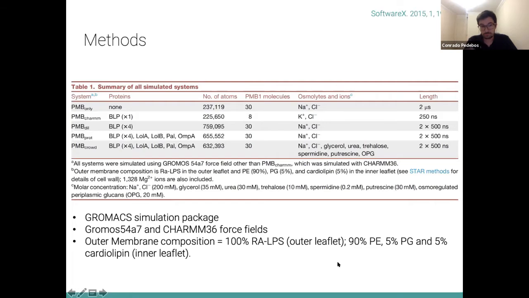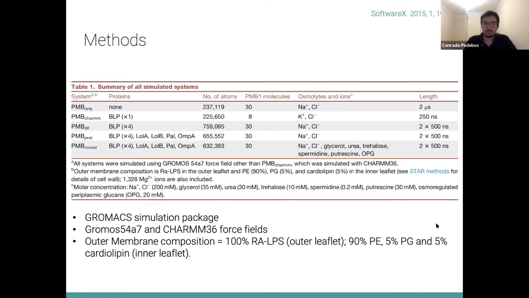of a biological system. So to do the simulation, we used the GROMACS simulation package. We used both GROMOS 54A7 and CHARMM36 force fields. CHARMM36 was used for the smaller BLP system, the smaller version of the cell envelope. And we also have an outer membrane that follows the composition of